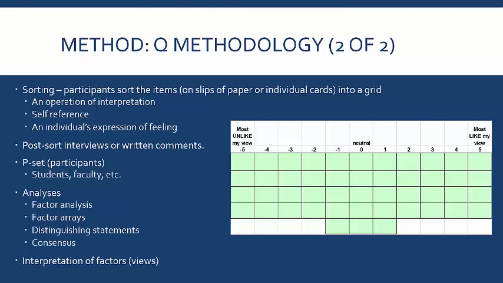And then we can not only differentiate the viewpoints, but we can describe them in great detail, which is part of the mixed methods aspects of this research. It also tells us mathematically how the positions of the statements are distinguishing for different viewpoints. And then finally, it provides consensus, which is also often helpful.